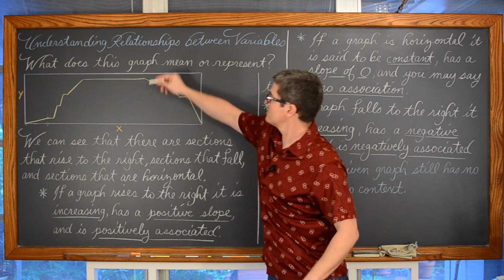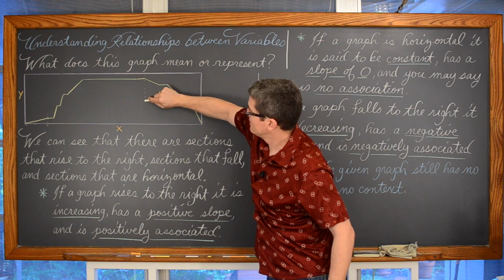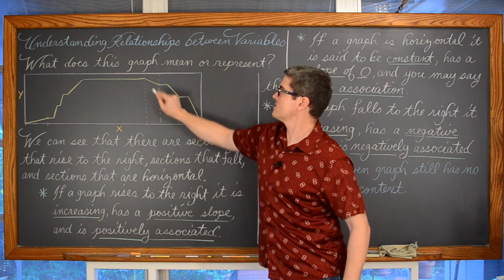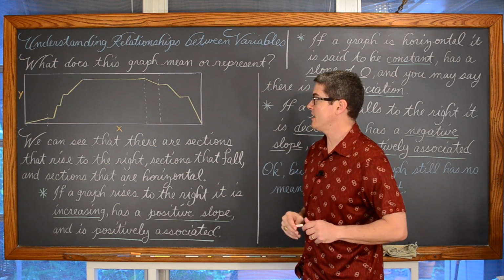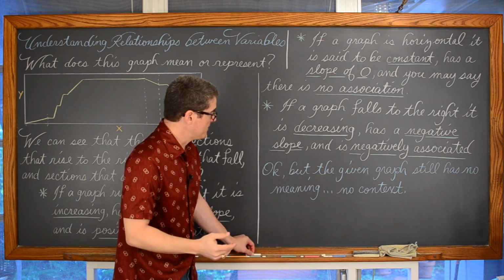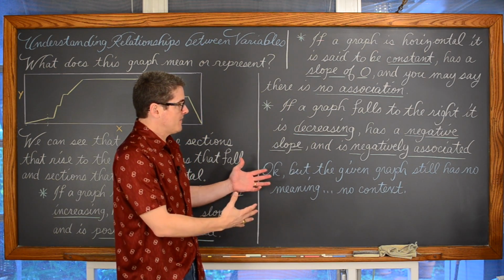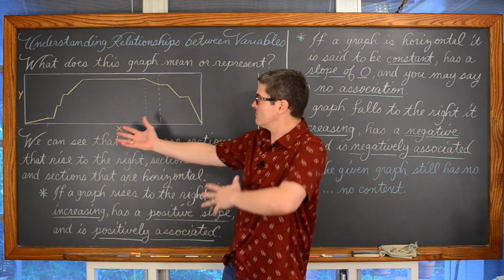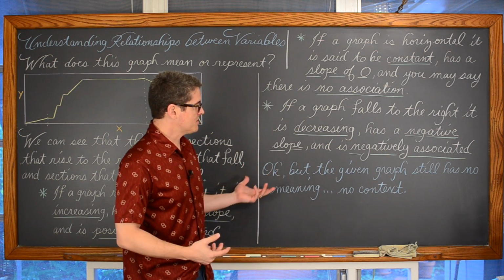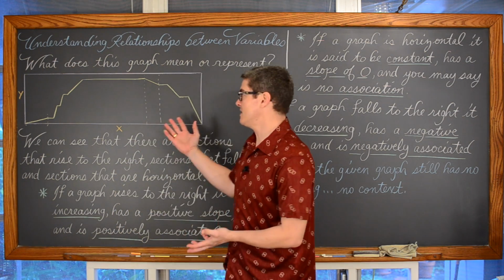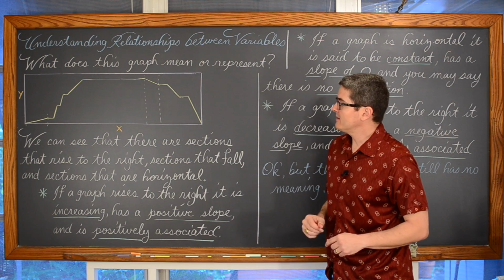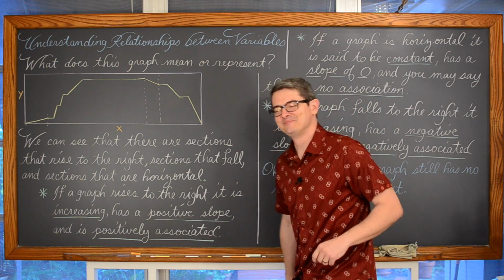And let's say this is one interval along the x-axis where the graph is falling, where the graph has a negative slope, where the graph is negatively associated. But at least in language and in just visually looking at the graph, we understand some new vocabulary, but that still doesn't give this graph any meaning or any context. So I'm going to erase the board, and we're going to try and do that.